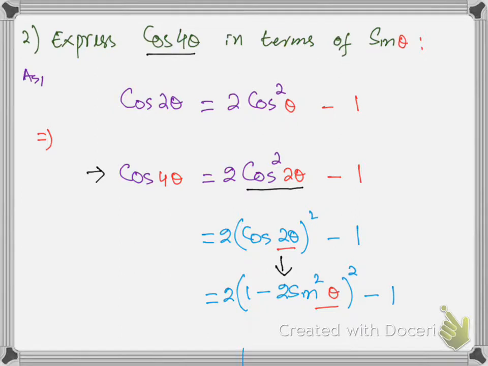So please remember, whenever you are going to convert cos 4 theta in terms of sin theta, first convert cos 4 theta in terms of cos square 2 theta, and then convert cos 2 theta in terms of sin theta. If you directly convert cos 4 theta in terms of sin theta here, then the calculation will be very complicated. So please remember these steps. You cannot directly convert cos 4 theta in the form of sin theta. First you need to use cos 4 theta is equal to 2 cos square 2 theta minus 1. Write the cos form of cos 4 theta and then use the sin form here.